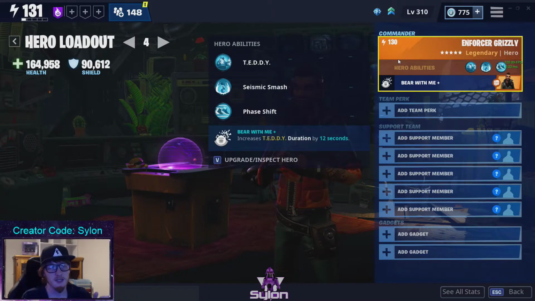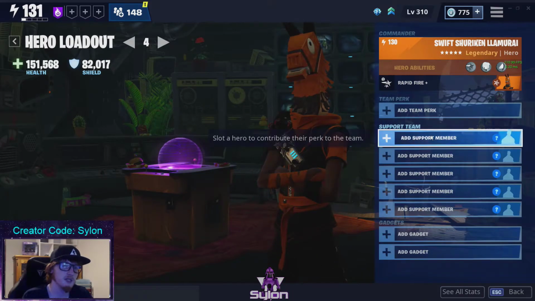Enforcer Grizzly is a Teddy character. He's really good with Teddies, right? Now, he still is good with Teddies. He still has his Teddy, and he gets this duration bonus. If we look at him down here,